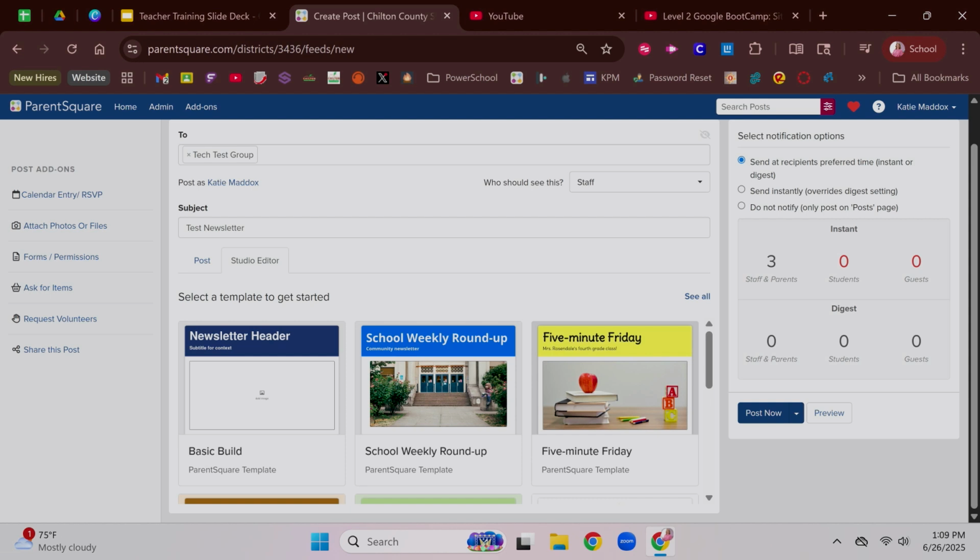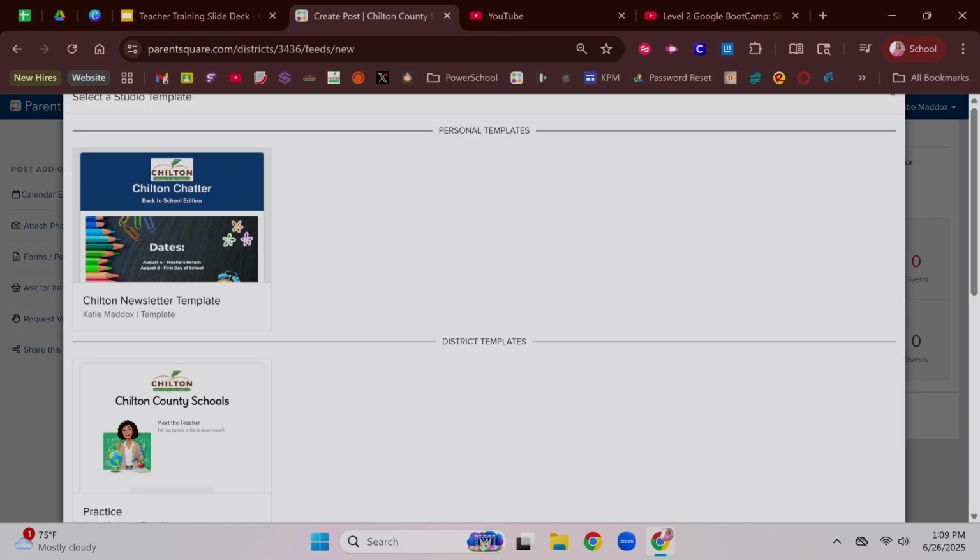Okay, so these are the pre-built templates. They've got 5 of them. They all basically are the same thing, just styled a little bit differently. If you're not a super creative visual person, it gives you not a super blank canvas to get started. And then if you click that See All button,